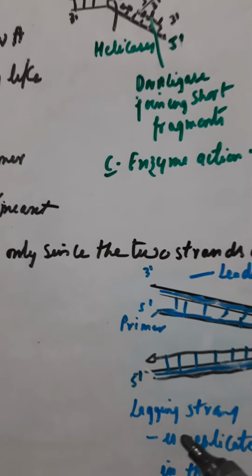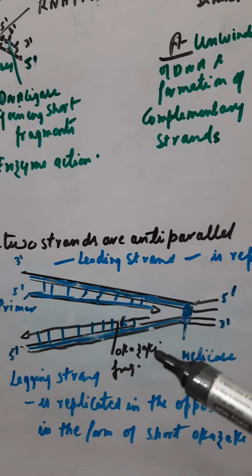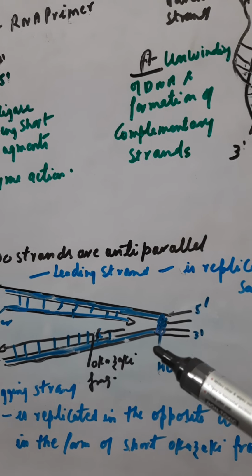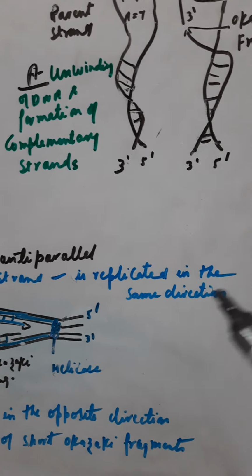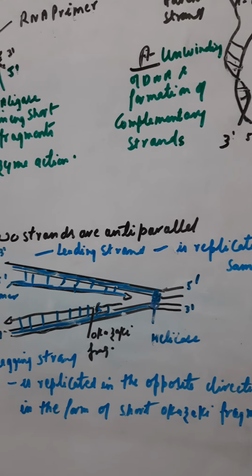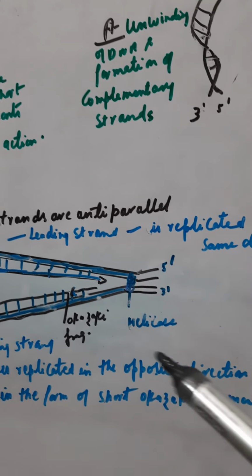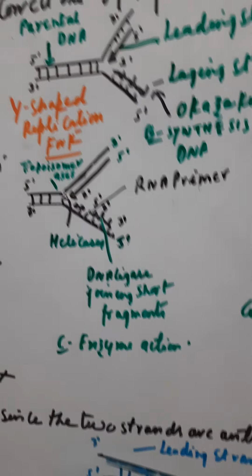This is the leading strand, this is the lagging strand. If this is the 3' end, this is the 5' end, this is the 5' end, this is the 3' end, and this is the helicase. The leading strand is replicated in the same direction, and the lagging strand is replicated in the opposite direction in the form of short Okazaki fragments. So here, children, after that what will happen,